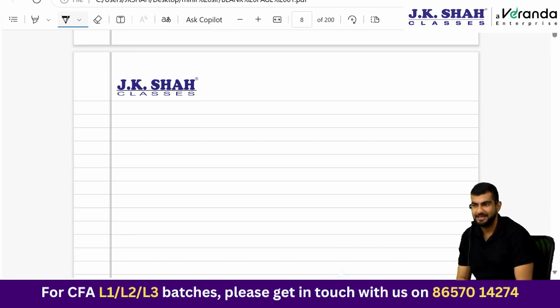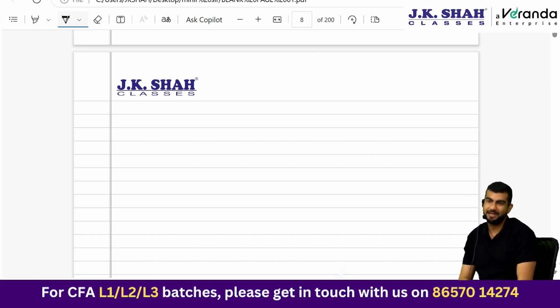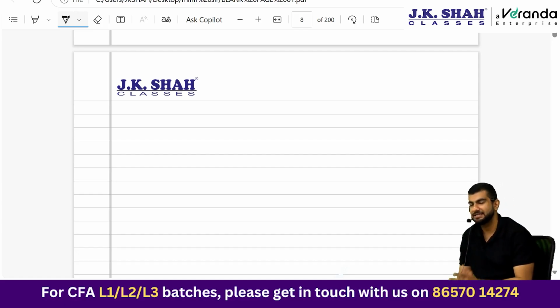Now is the most important part, long-term liabilities and the monster lease accounting. Which are the two types of leases? Finance lease and operating lease. Five conditions for a finance lease. Tell me, all the 5 conditions should be satisfied or any one condition? Any one also, if it is satisfied, it will be classified as a finance lease.